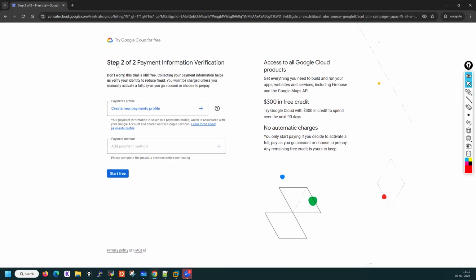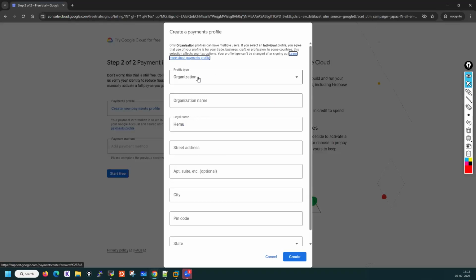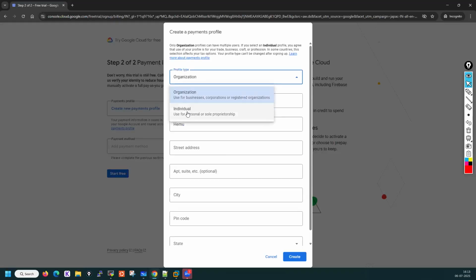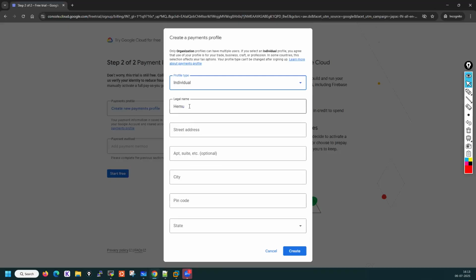Now it is asking for the payment details. Create a new payment profile. Put organization, select individual, put name. So I'll just put my name here, Hemu. Street address. So I'll put like,